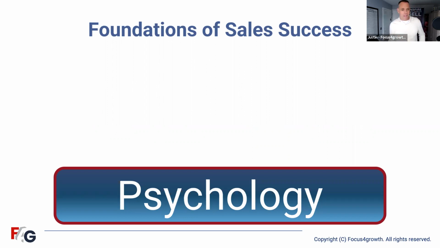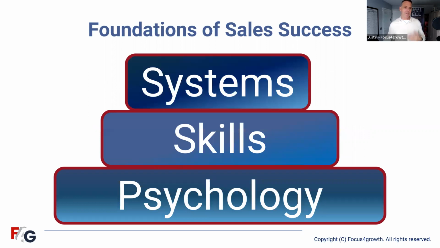I think about those three as building blocks, okay? So the foundation for sales success, we have to have the right psychology and mindset. We have to prime ourselves on a regular basis. We have to know the techniques that we need to keep reframing situations, to keep ourselves positive, engaged, motivated. Then we need to build the right skills, very often communication skills, questioning, listening, being able to position and join the dots up for customers based on what they've told us, being able to flex and adapt as we need to, being able to cultivate periods of silence when we really want to keep talking, but we know it lets the customer think or commit, right?